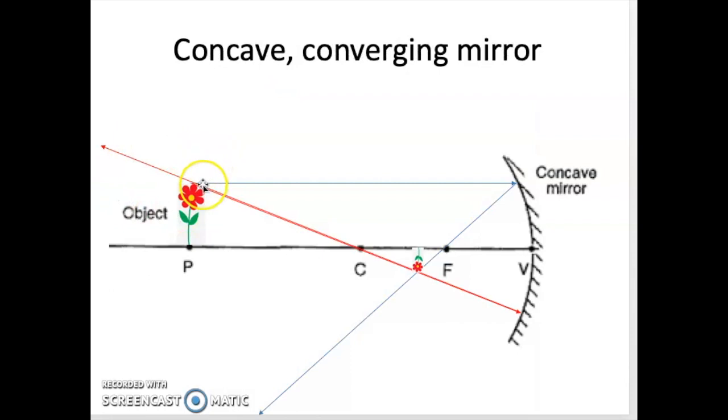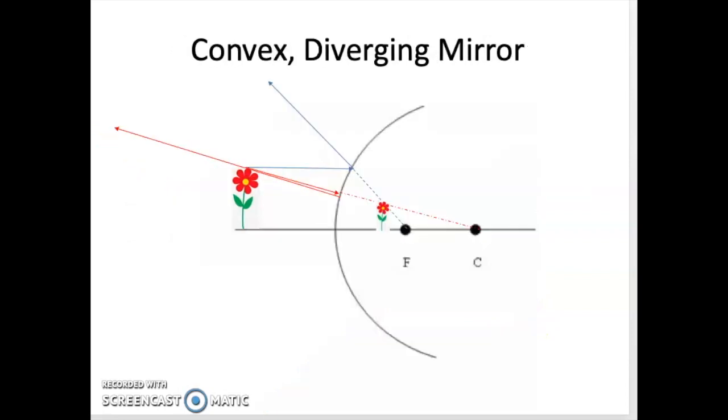Ray number 2 goes from the top of the object through the center of curvature, hits perpendicular to the mirror, and so it bounces straight back. Goes towards the center of curvature, hits perpendicular, and bounces straight back. Now, if you really want to, there is a third ray for these, and I'll draw this one in. But since 2 rays suffice in order to find the location of the image, for this, I'm going to draw them and show you what they look like, but don't feel like you need to be able to draw these